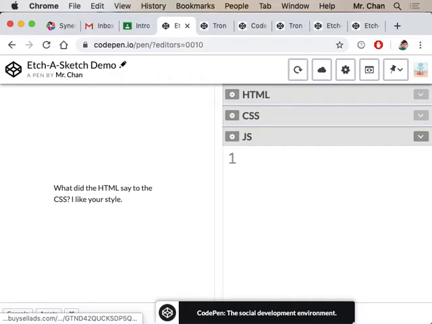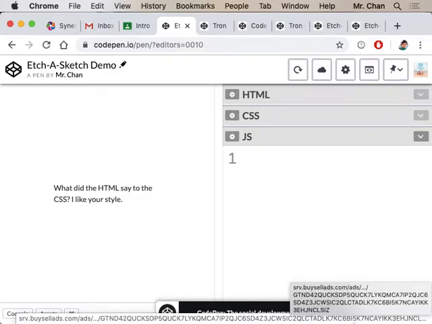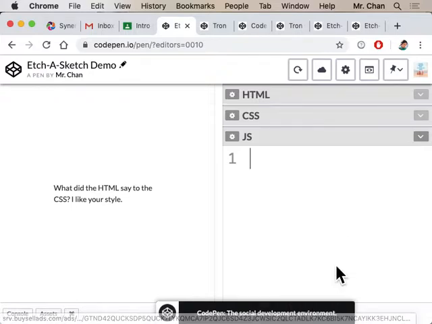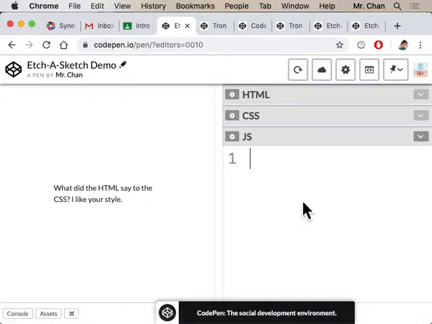Class. So here's a quick demo on making Etch-a-Sketch. There's kind of a couple ways to go about this, and there's one new way if you haven't explored it yet, called the key function, or the key global variable, that will help you control your direction. I think right now we're familiar with